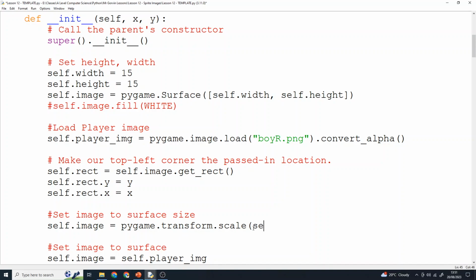And we're going to say self.player._img. That's our image that we're going to use. And we're going to resize that self player image to the size of the surface. Now, if you look up here, we've actually got a width and a height attribute that we can use, which is the size of our surface in this for the sprite. So I'm going to go self.width, comma